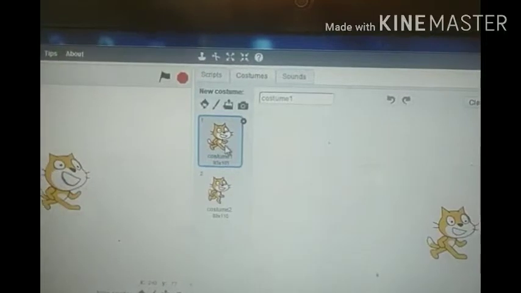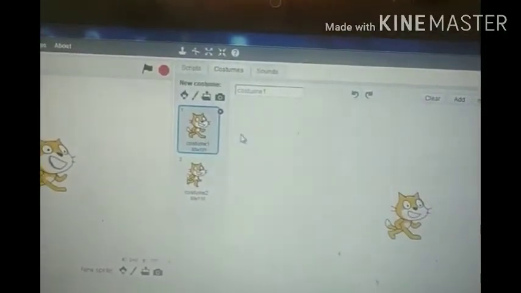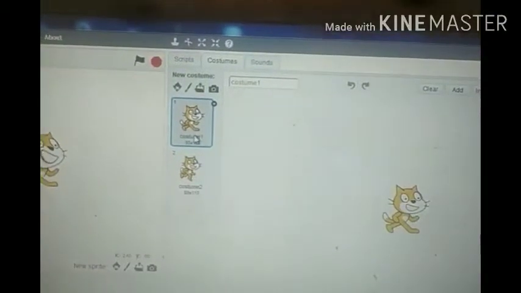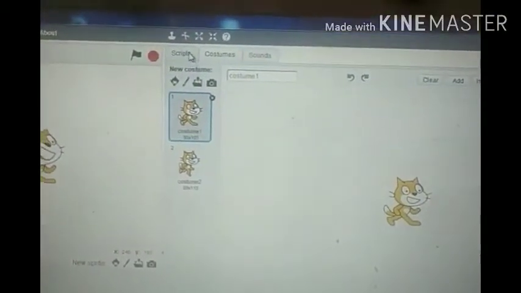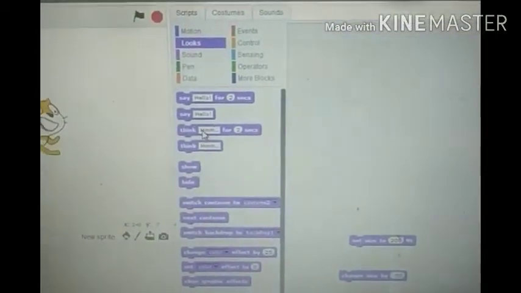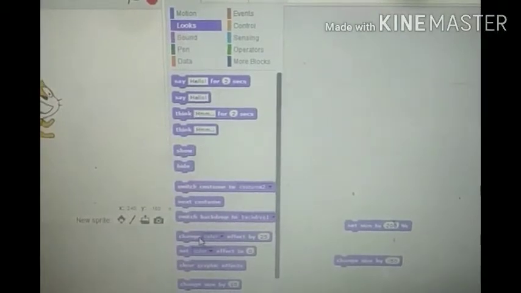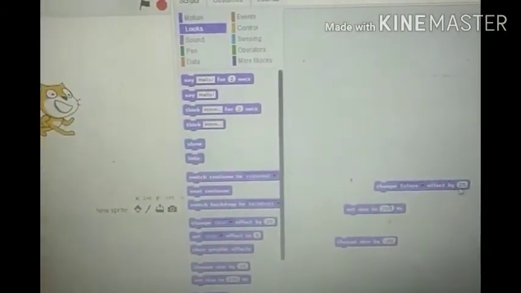Further, we can apply a graphic effect to the sprite. Go through the sprite's looks option, where the change effect block is given, with the option change color effect. We can select from color to fisheye, and this is 25.